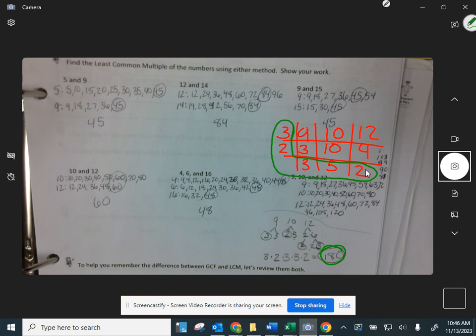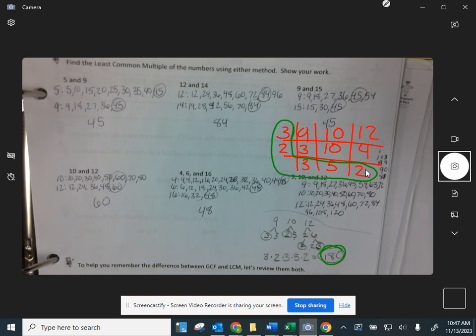So it is less work if we do that table and not having to keep going till we get all the way to 180 with those multiples. So using that table can save time, but listing will get you there also. Ava? I don't know how this happened, but for 180, I did 9 times 10 times 12, and